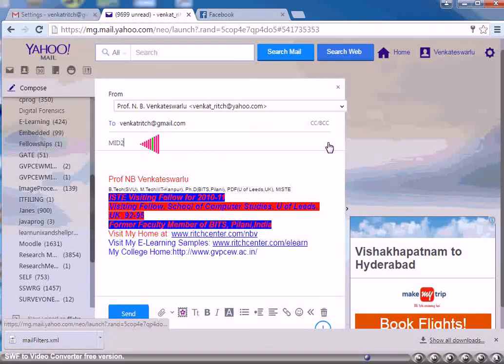I have entered my Gmail email ID in the to field, and also in the subject line I have entered mid2. Then I simply press the send button.